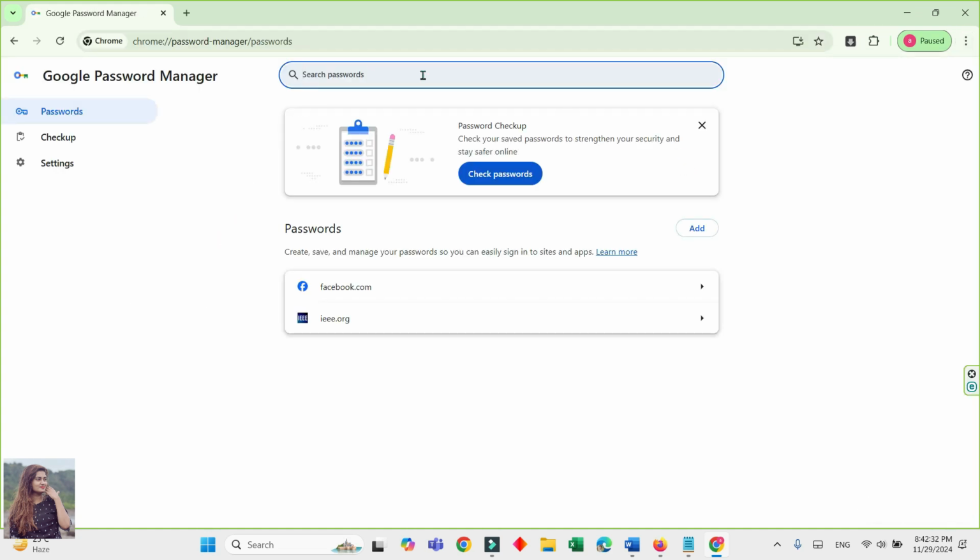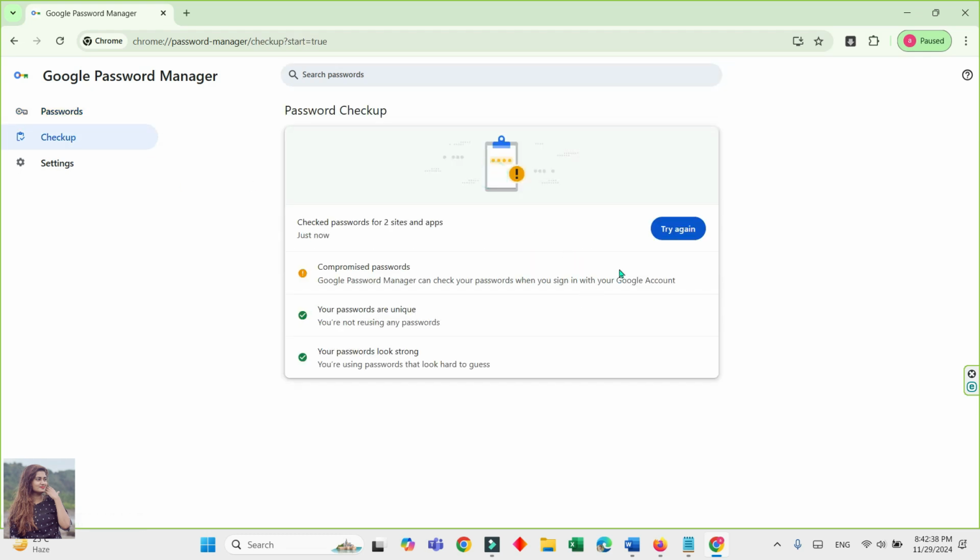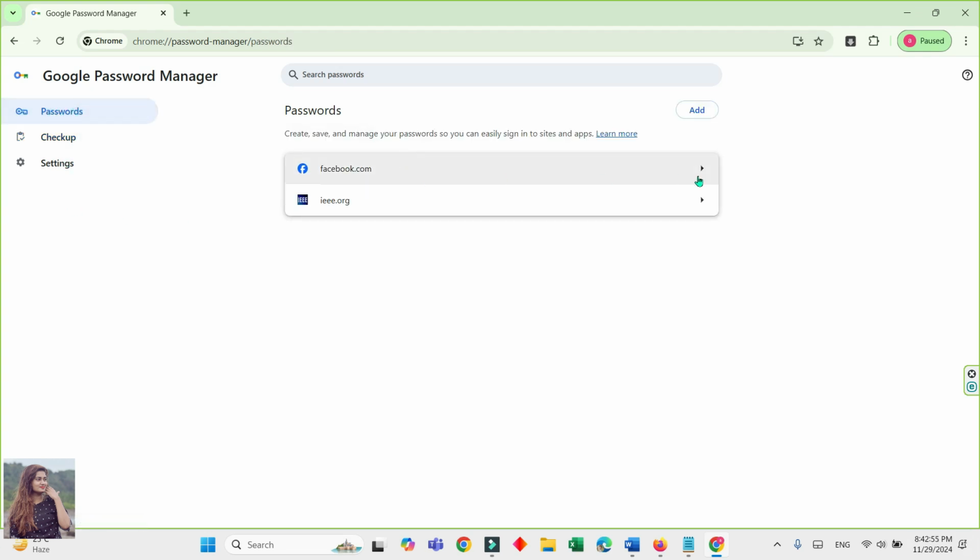See here the thing. Here is the password settings option. Here the passwords. Here is check passwords, if I click this, it shows compromised passwords, your passwords are unique, your passwords look strong. See all these things, that is the password checkup. So here if I try again, the passwords,